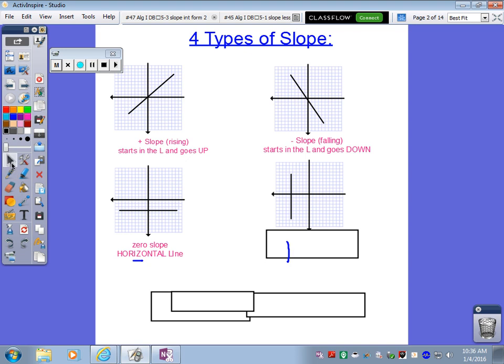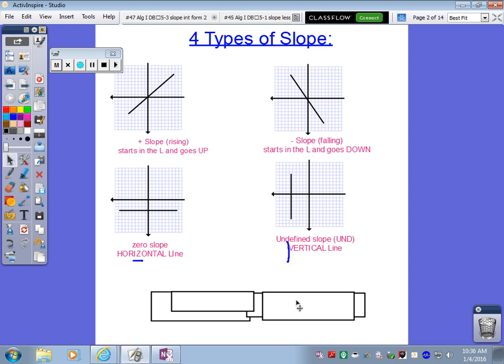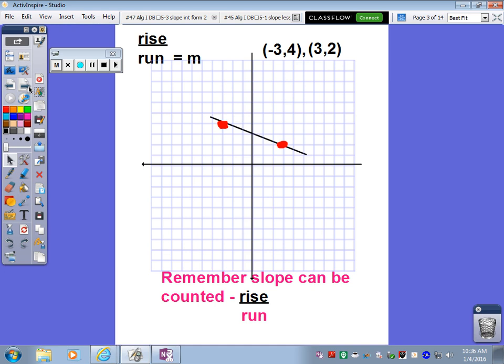And you'll remember that a vertical line is undefined. So, the way we've already learned how to do slope is to count it. Remember, slope can be counted, rise over run. And what that means is that you always need to do the vertical first. So you're going to go 1,